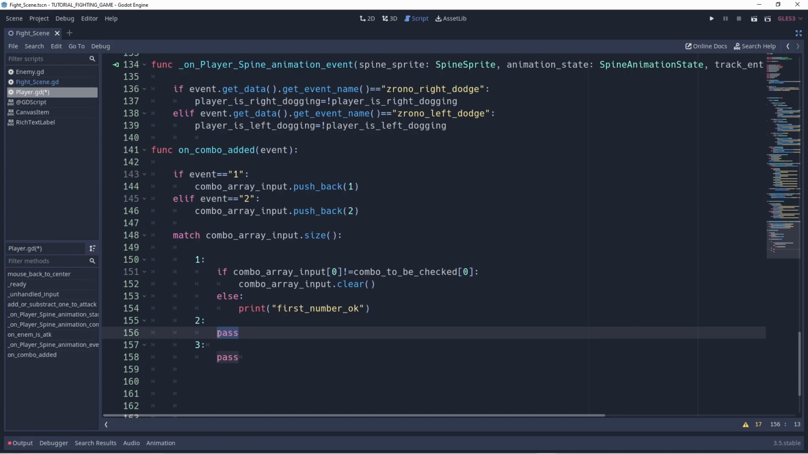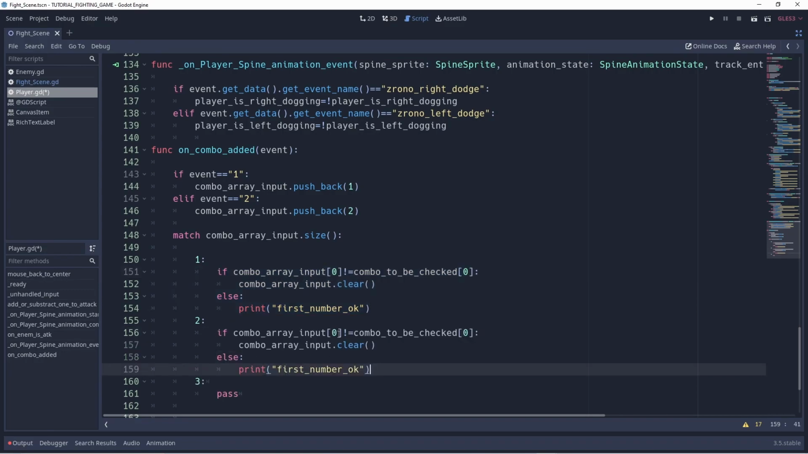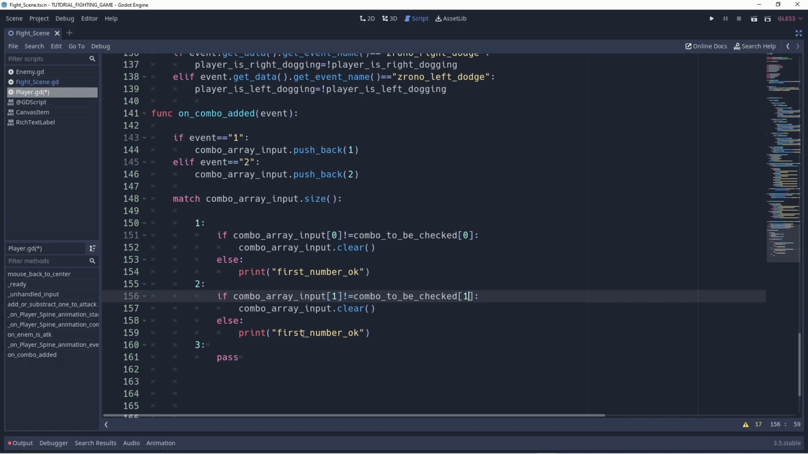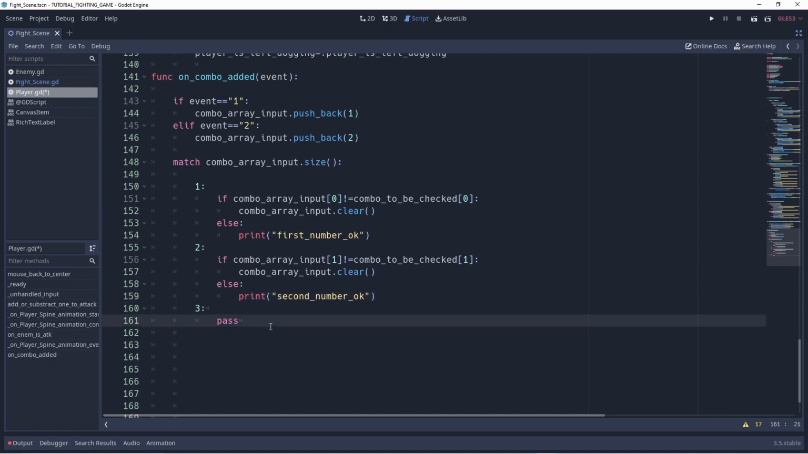So you can do the same with the second one. We just copy this and paste it. And we put 1, okay? So if the second number of the array is not equal to the combo to be checked, we again clear it. And if not, we are going to print second number is okay. And then